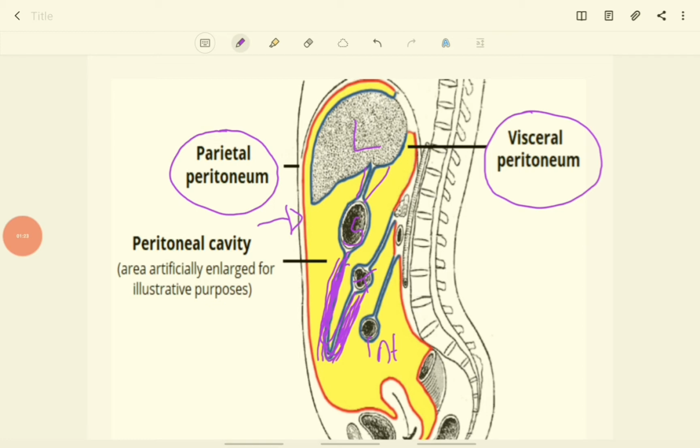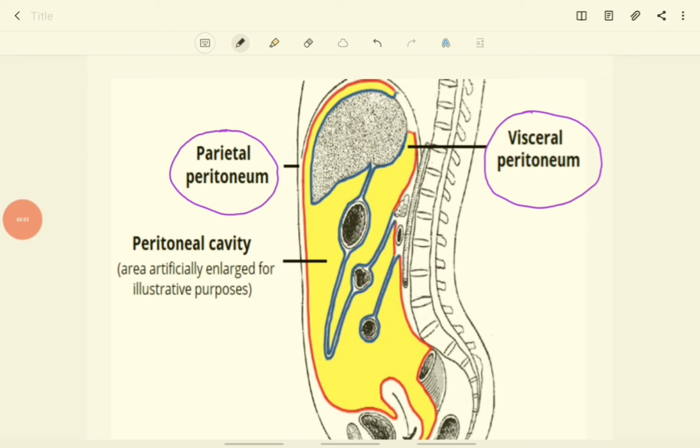And the structure of peritoneum, a double layer of peritoneum which attaches posteriorly, this is the mesentery. Mesentery is a double layer of peritoneum which helps to support the posterior abdominal wall. And this is also a double fold of peritoneum which attaches to the posterior abdominal wall. So this is also a mesentery.